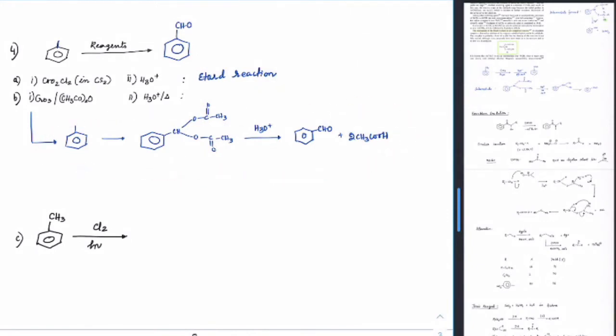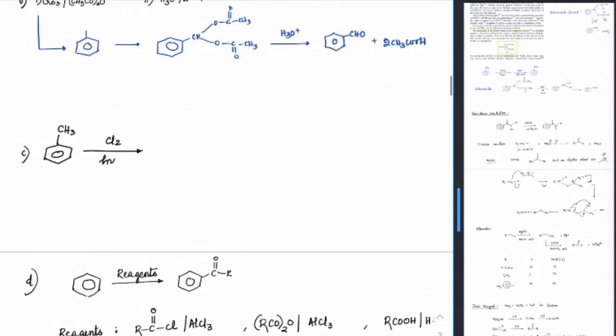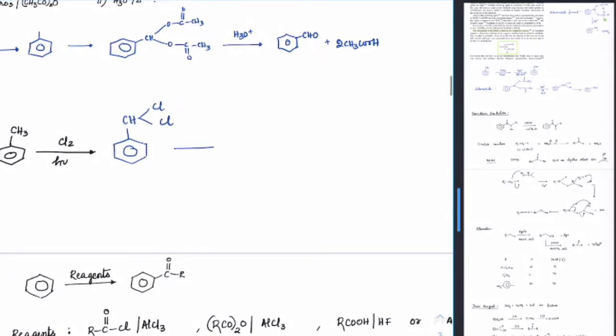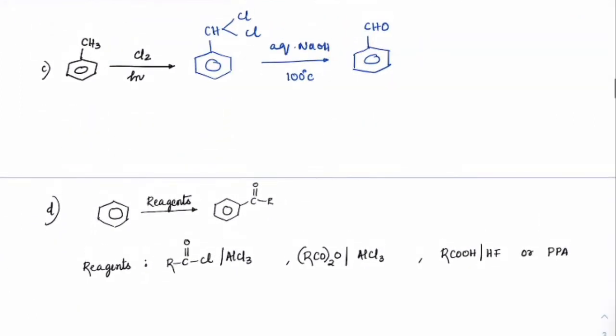Okay. Next, another important reaction which is straight from NCERT is the reaction with Cl2 and HNO3. If nothing is given here, always take the more controlled reaction where two Cls are added, and then on reaction with aqueous NaOH or KOH at around 100 degrees, both those chlorines will be replaced and we will get CHO. Leave some space if it is still pending.